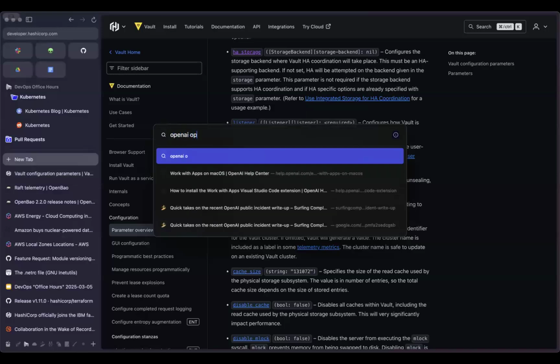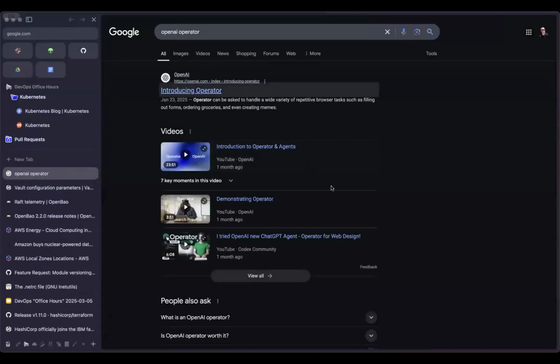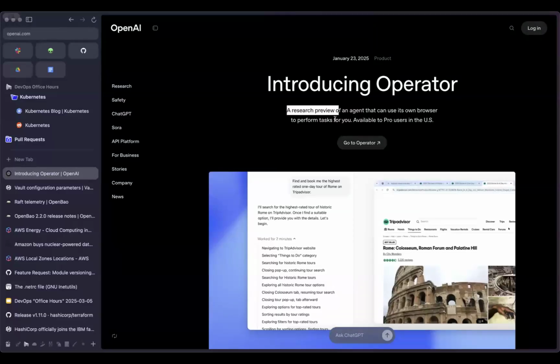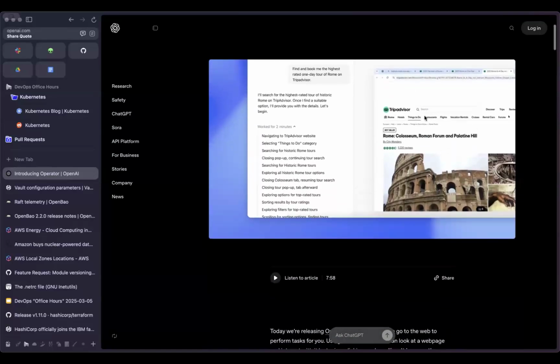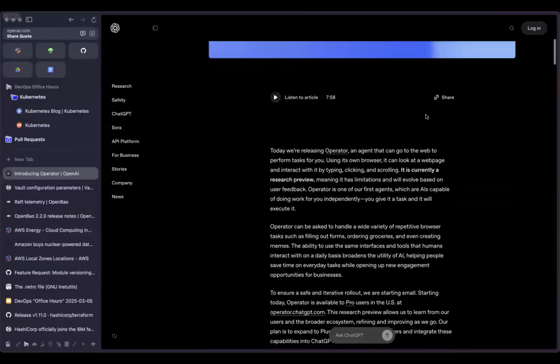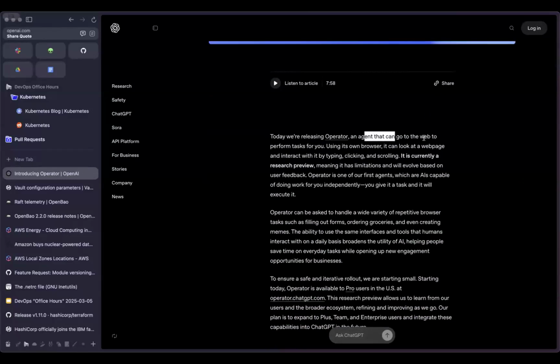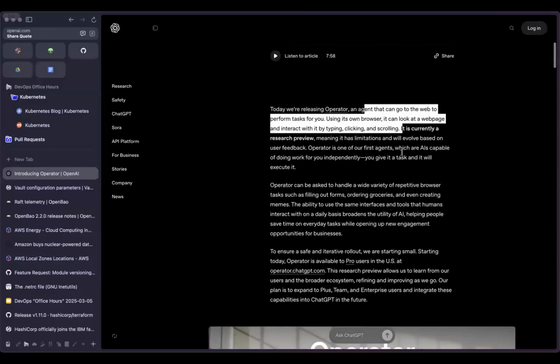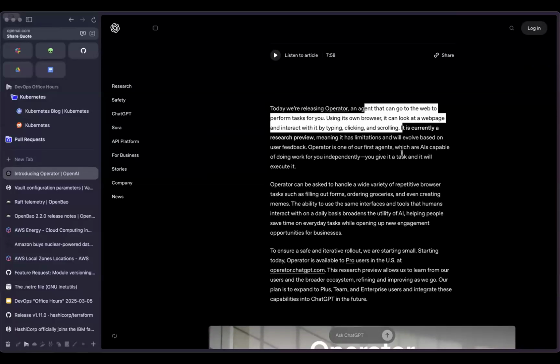I am the first to admit that I've wasted more money in my entire life trying out cool things than anything. But Operator essentially has its own web browser, so it can perform autonomous tasks for you. And it is only available with the $200 a month Pro subscription for OpenAI. But I will admit that I paid it for a month to try it to see how this worked, because if the realization of what this does comes to fruition, you can make way more than $200 a month using it. So it's definitely worthwhile.